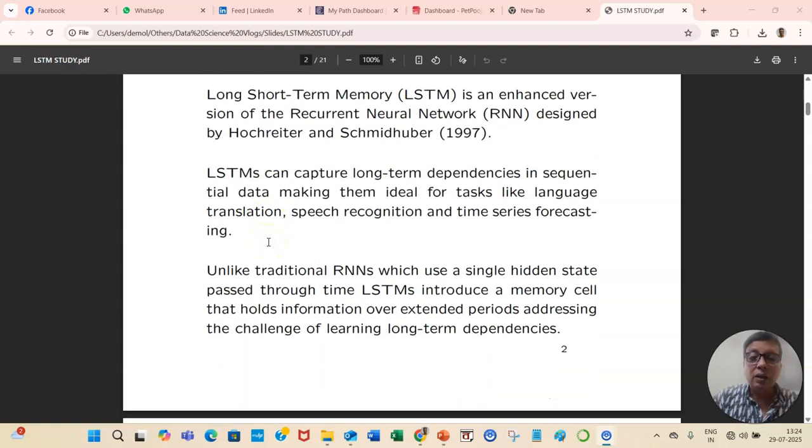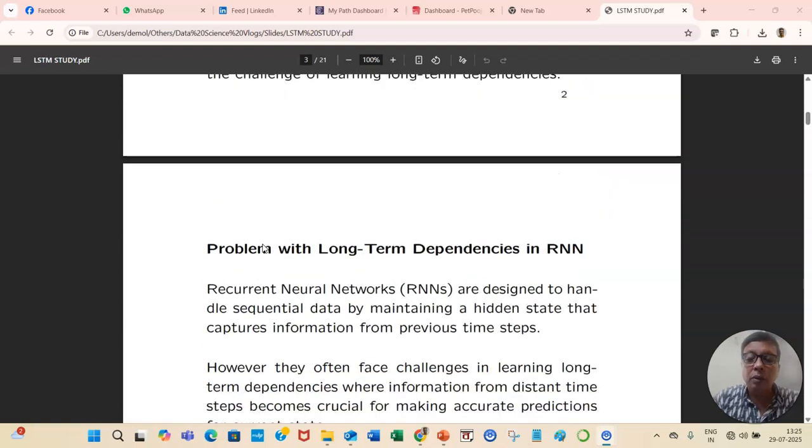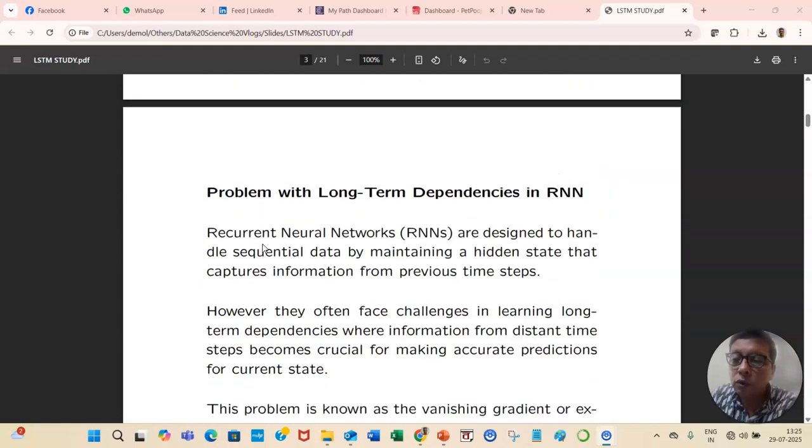Unlike traditional RNNs, which use a single hidden state passed through time, LSTMs introduce a memory cell that holds information over an extended period, addressing the challenge of learning long-term dependencies. So long-term dependencies are coming out, so we have to segregate between short-term memory and long-term memory, and which is useful to our network. Problem with long-term dependency in RNN: recurrent neural networks are designed to handle sequential data by